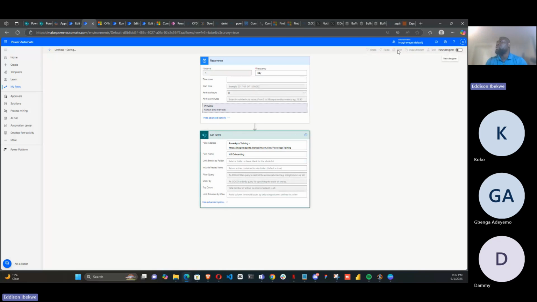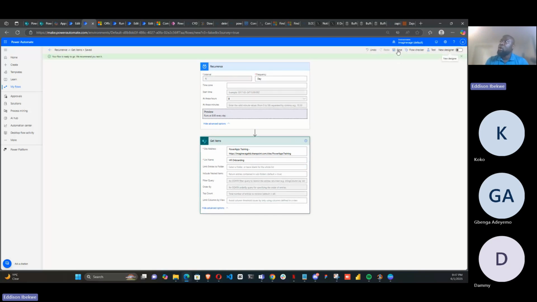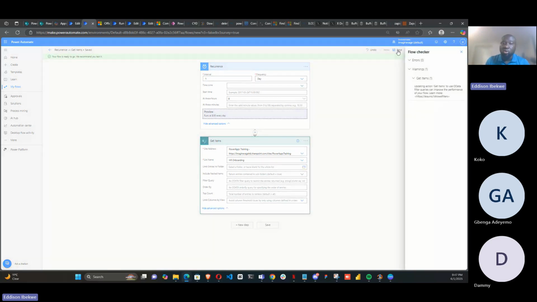Because even though I schedule this flow, I can actually also run it. I can force it to run when it's not supposed to run. It's giving me a warning because Get items is going to pull everything, so you know that it might be too much data. But we know that we don't have too much data there. We just have 3 records, 3 items, right? So we're going to ignore the warning,